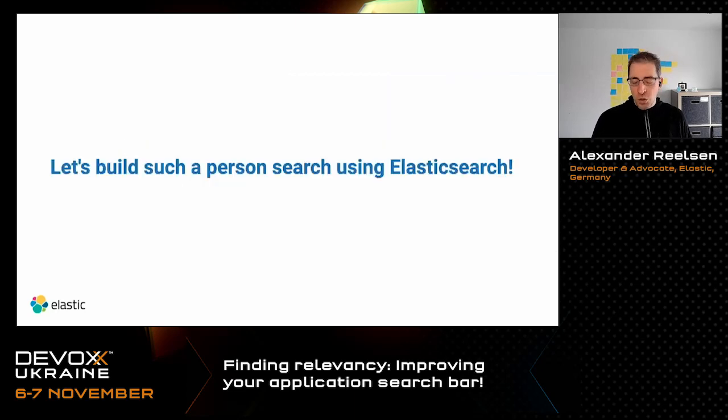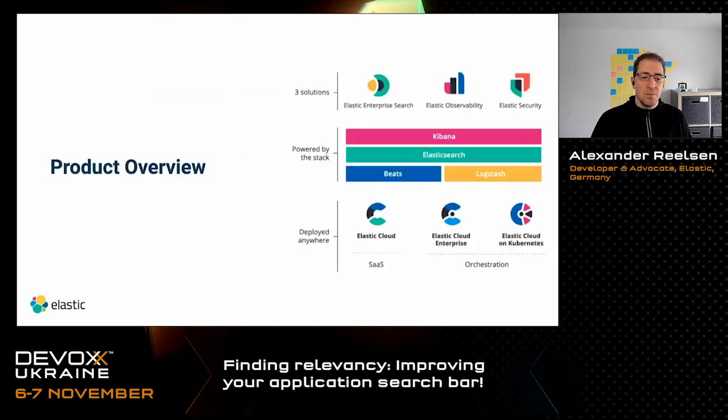So in order to show an example of how to go from a small search where we basically just search for the name or for the surname, down to taking those different factors into account for scoring, let's first build this using Elasticsearch. So let's do a quick introduction over here.